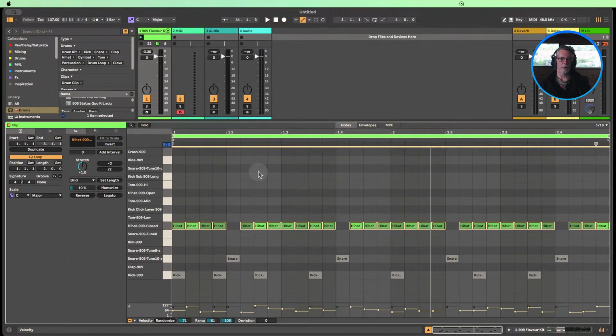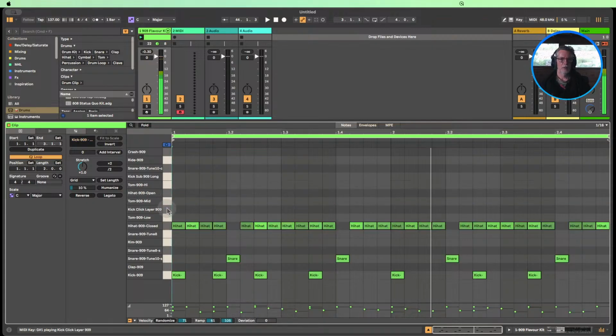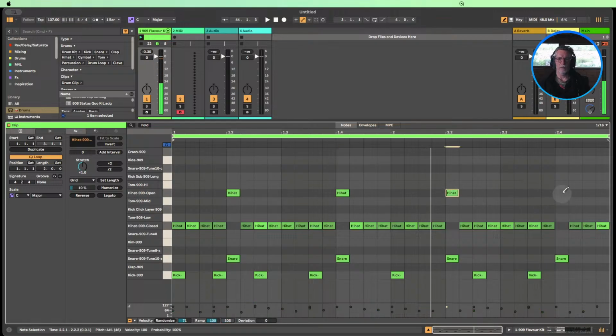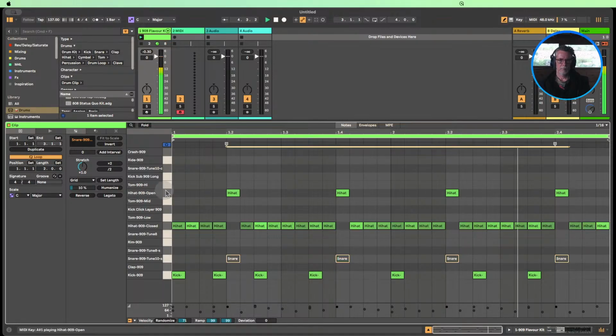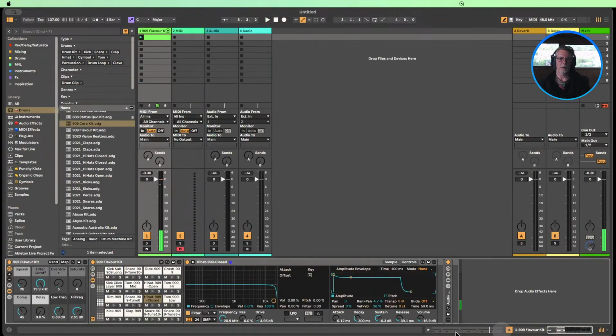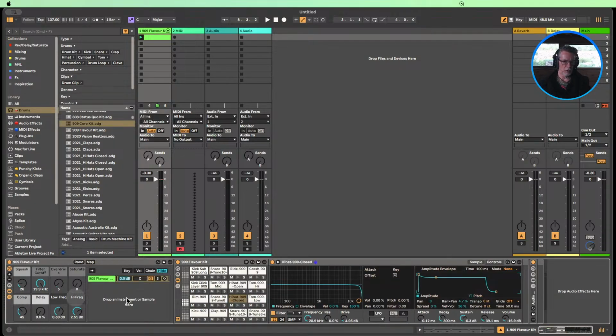We left some space there in these closed hi-hats, and we did that on purpose. Well, I did it on purpose so that I can add another kind of hi-hat in that space, and maybe we'll use the classic 909 open here and have that on the 2 and 4 in between those closed hi-hats. And sometimes we might have to watch out, as I think that's getting choked off, what's called choked off in the choke group perhaps. So we're going to have a look down here into the drum rack itself, and we're going to try and reveal the chains,